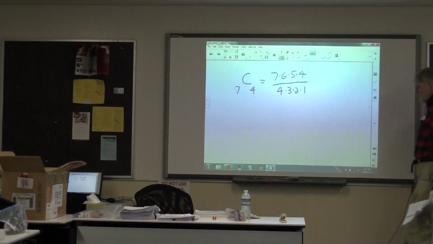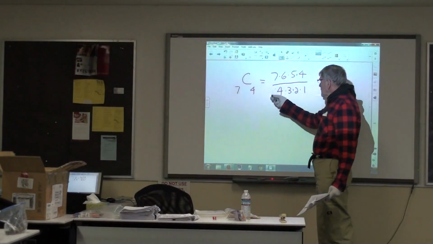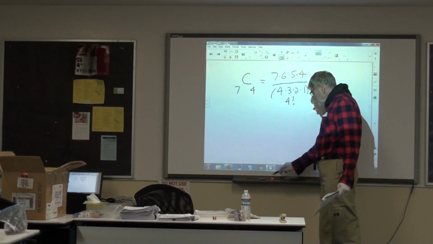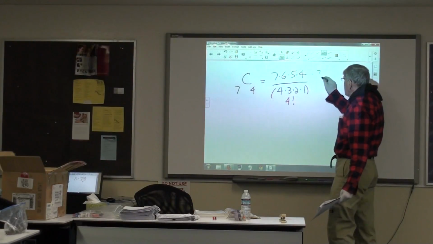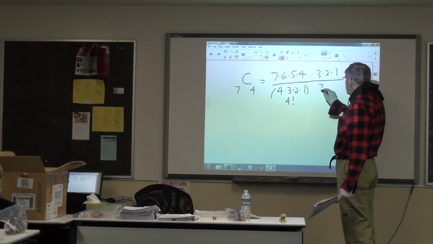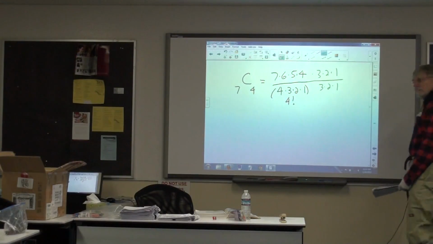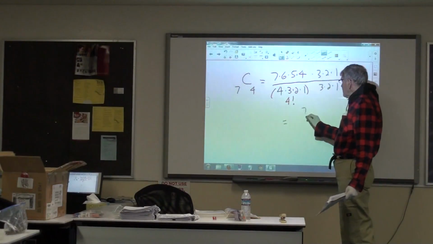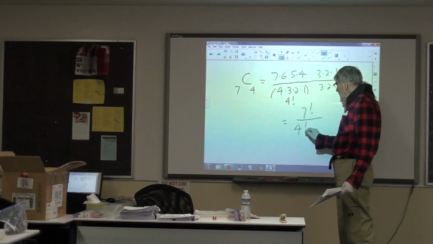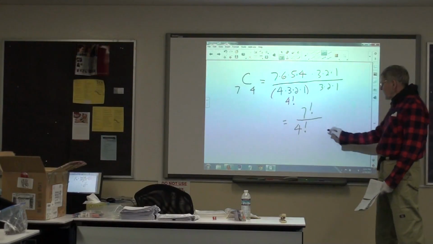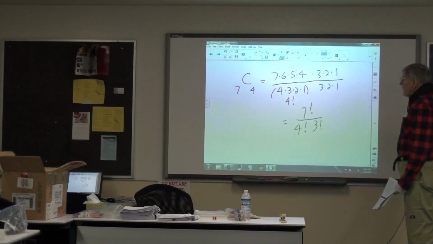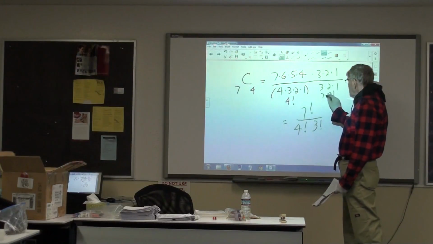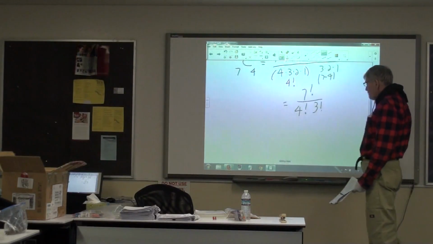So let's see what we have to change to put it in terms of factorials. First, this is already a factorial, isn't it? Which one is it? 4 factorial. But now let's extend the top. We're going to do a 3 times 2 times 1, and on the bottom a 3 times 2 times 1. So the top is going to become a what? 7 factorial. The 4 factorial is already there. And what's our new entry? 3 factorial. Now, where did the 3 come from? It was 7 minus 4. Okay? So with that understanding,